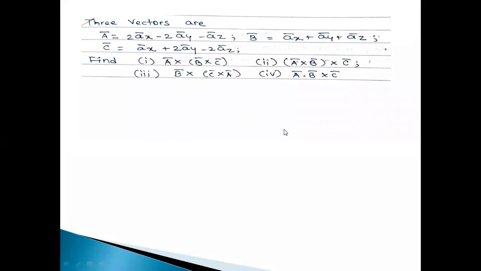In the last lecture, we have seen the triple cross product. In the triple cross product, there are actually two products again: the triple scalar product and the triple vector product. We have seen the formulae of both, and also how to find the triple scalar product, that is a bar dot b bar cross c bar. First, from the bracket you have to find b bar cross c bar, and then you can take the dot product, which means simply the multiplication of only coefficients.